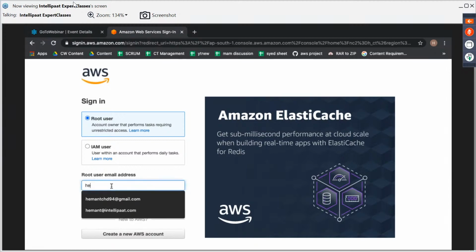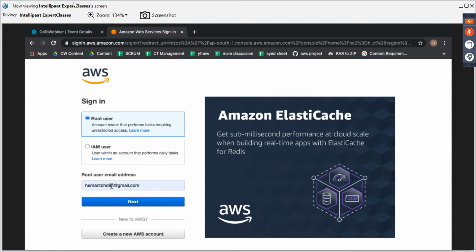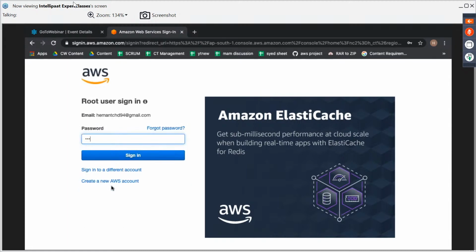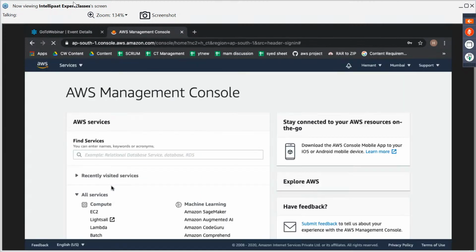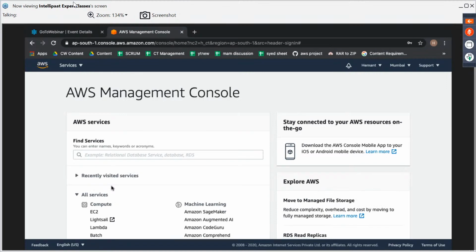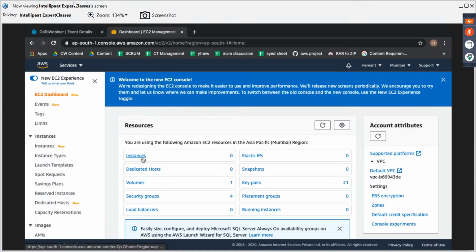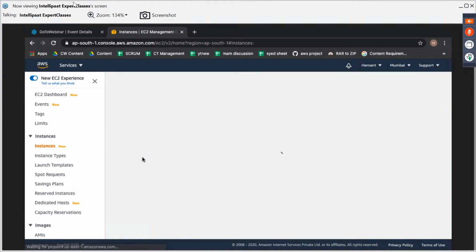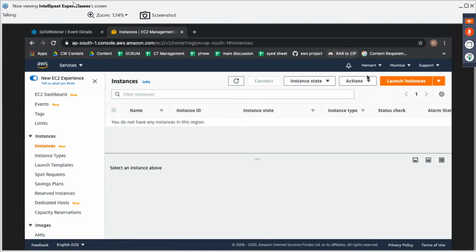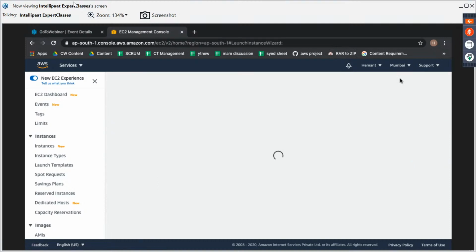Now it's asking me the username and password. Let me give that very quickly. On AWS, if you have to launch a server, the service that you're going to use is EC2. Here we are going to launch a server. So how can you launch a server? Just click on launch instances